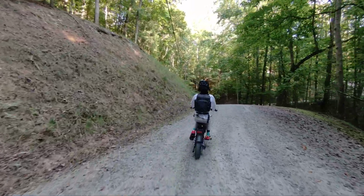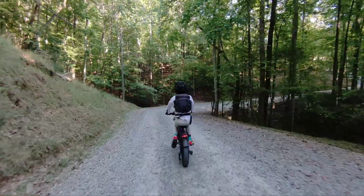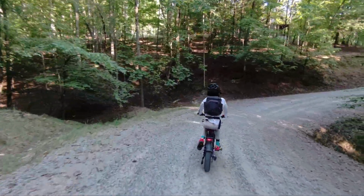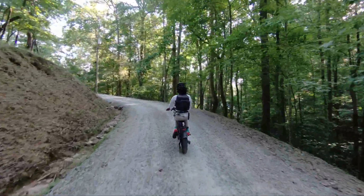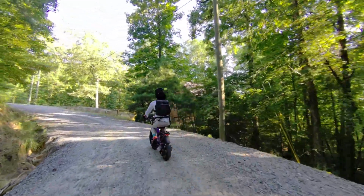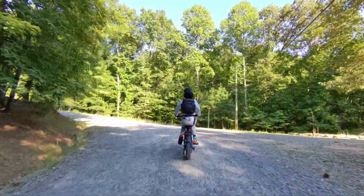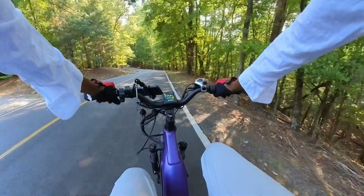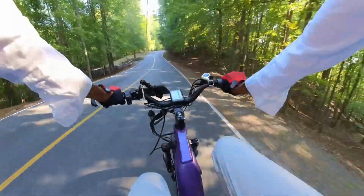The fat tires, which had been so effective on the gravel road, also provided excellent grip on the pavement, ensuring that I could take the corners with confidence. One of the standout experiences during this part of the ride was the sheer thrill of speed. The Be Cool Ranger's powerful motor made it easy to accelerate out of each turn, and the bike's aerodynamic design meant that I could maintain a high speed with minimal effort. The Shimano 7-speed transmission was again a key player, allowing me to quickly find the right gear for each section